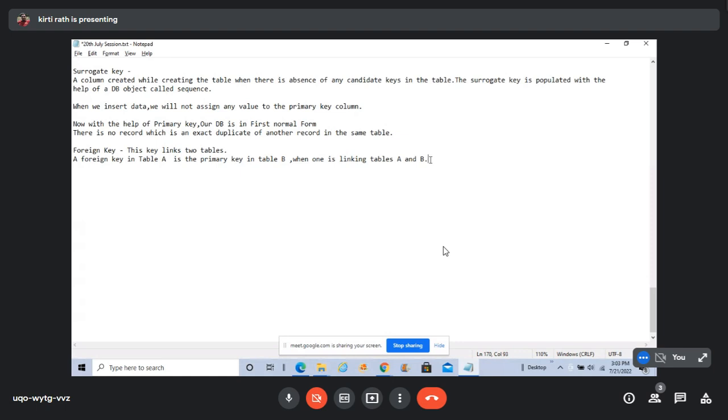A foreign key in table A is the primary key in table B when one is linking tables A and B. So, example here is in department table,